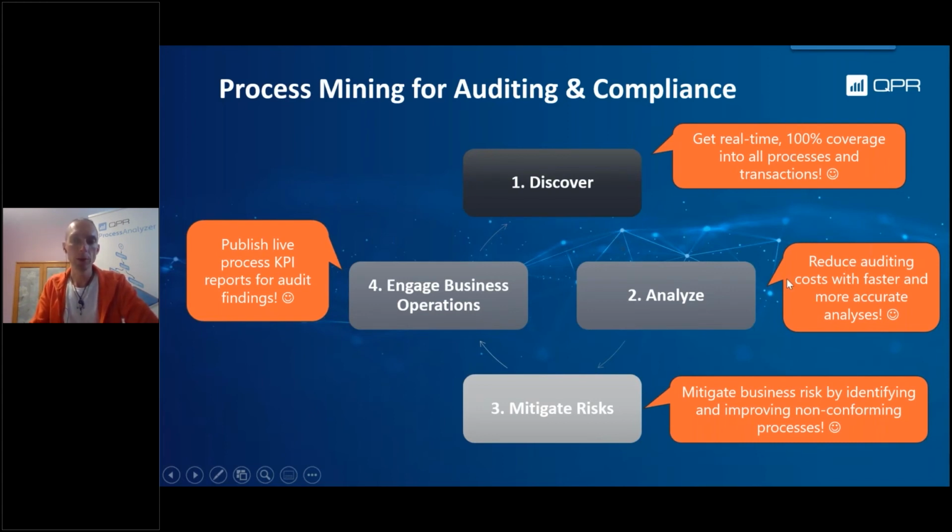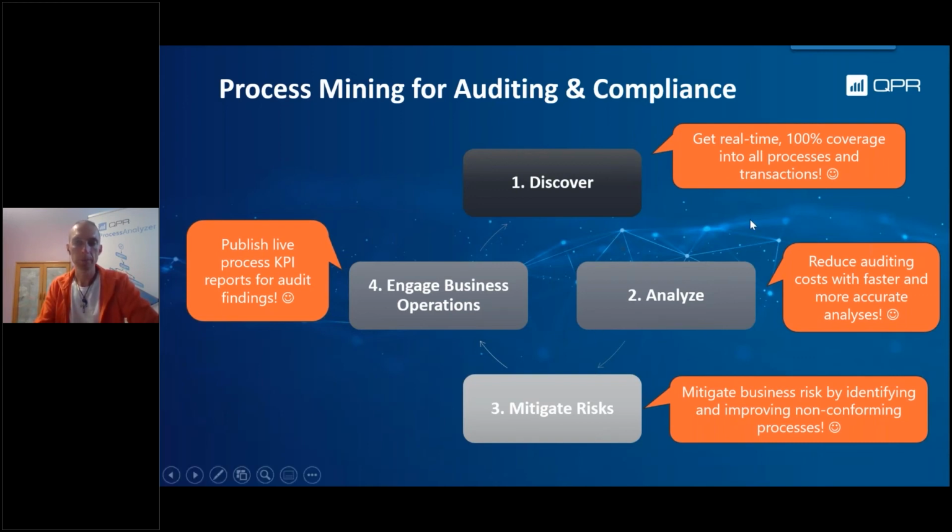You reduce the auditing costs because you can do auditing faster and you can do the analysis more accurately. So within the auditing function, you can reduce the costs. You can do them faster, more accurate. You can, for example, instead of doing just one company at a quarter, you can do several company codes, or you can do many analyses as a continuous analysis, and then use the extra time to go into more details